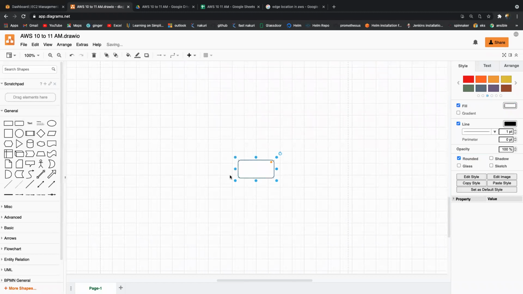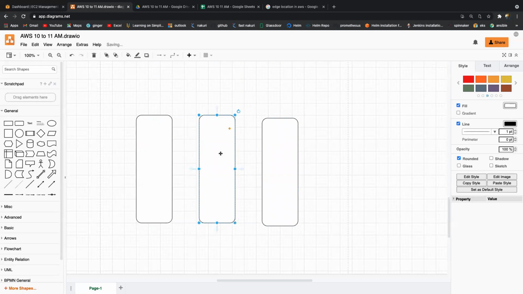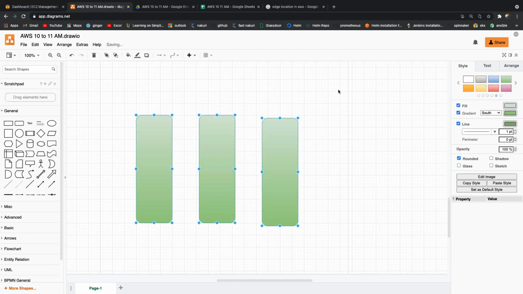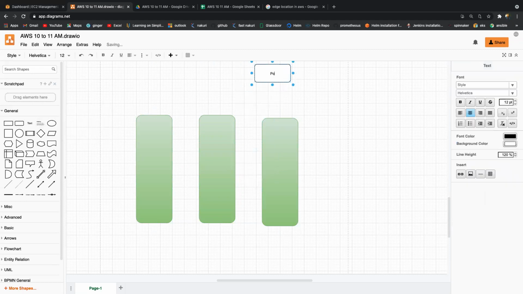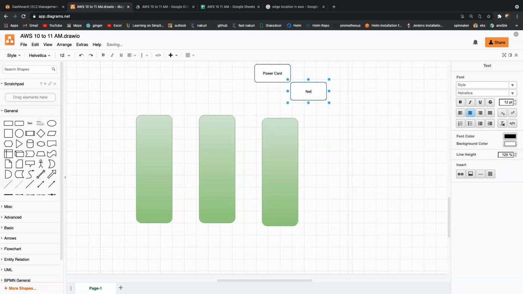In your data center, I'm not sure how many people have seen a data center, we have 3 racks. Let you consider these are the racks. If you go with 45U or 60U, racks will be there. For each of the 3 racks, we have one power card switch, and one more network card switch.